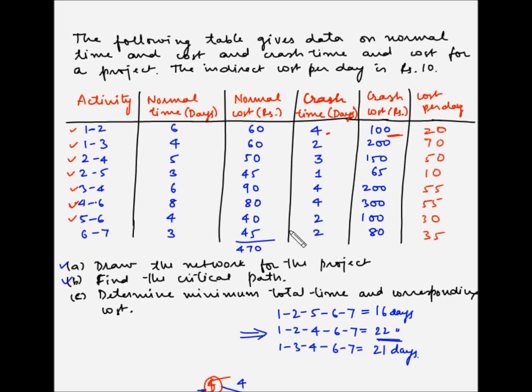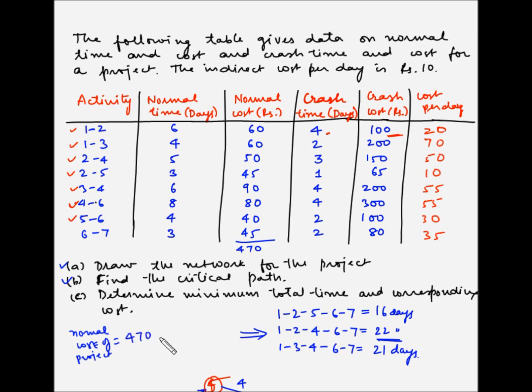Now before we start crashing the project, let's first determine the total cost of the project with the normal time. So with the normal time, the duration of the project is 22 days, and the normal cost of performing each of the activities has been given as 470. So the normal cost of the project is equal to